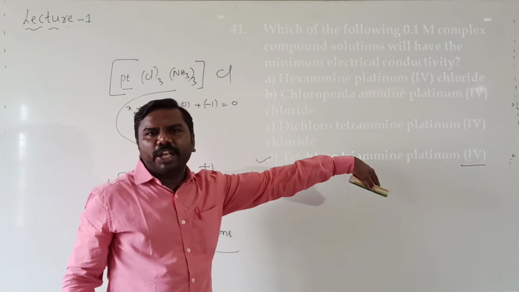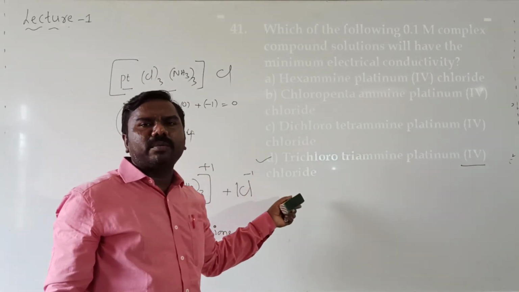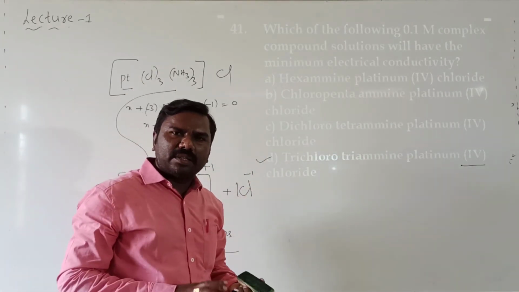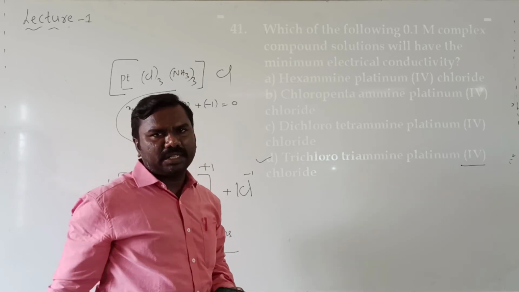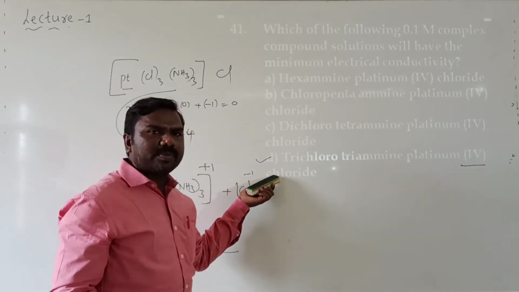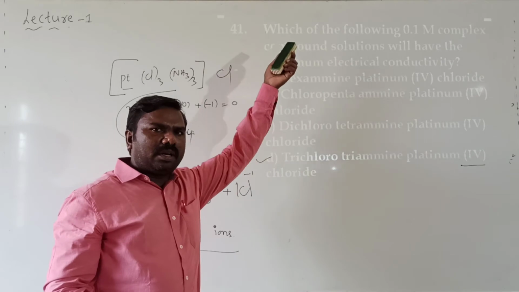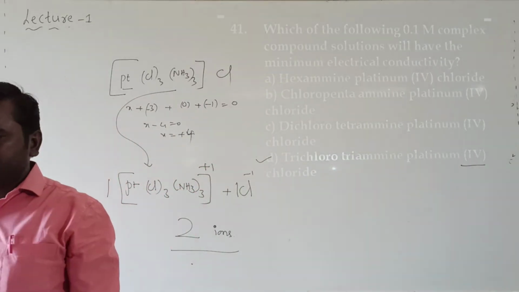If you verify the remaining options by taking their formulas, you won't get 2 ions, 3 ions, 4 ions, 5 ions like that. So that's why this number is present in option D. Verify the remaining options also. Next,